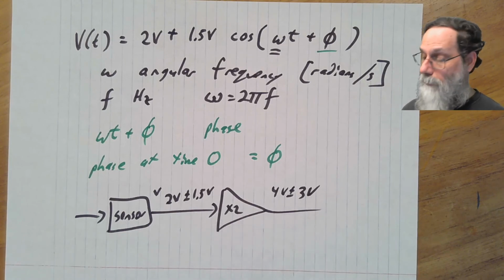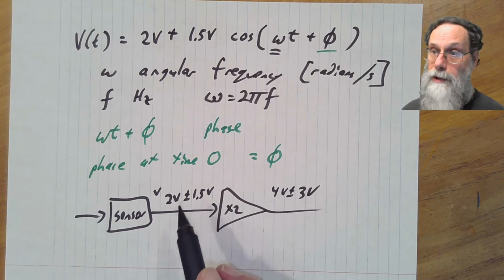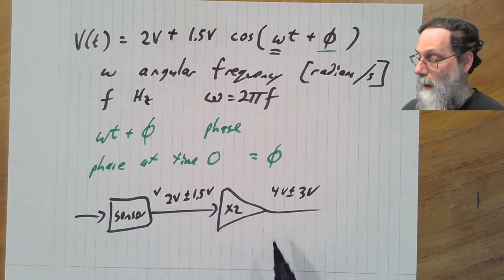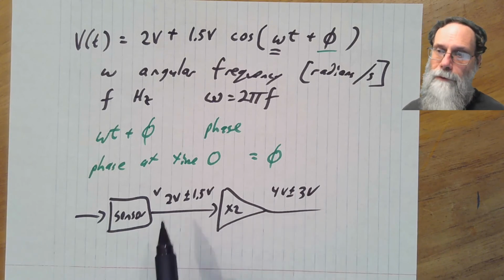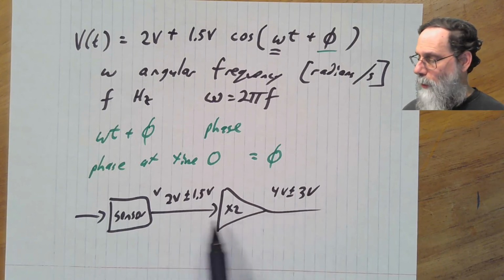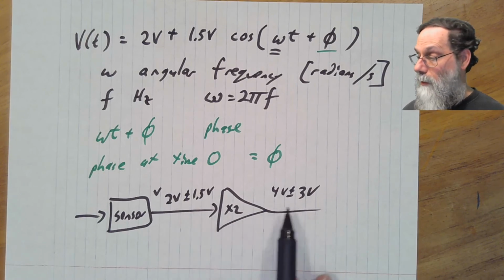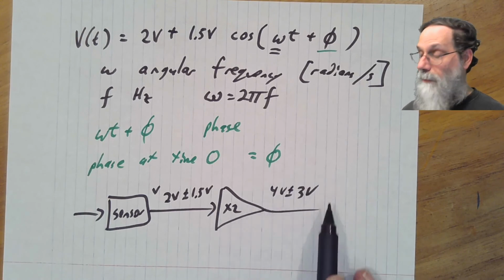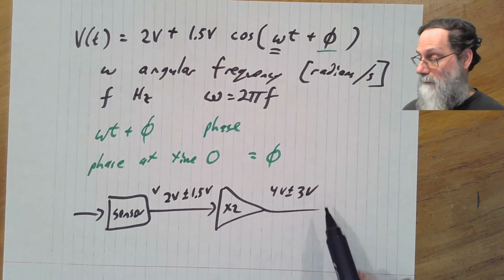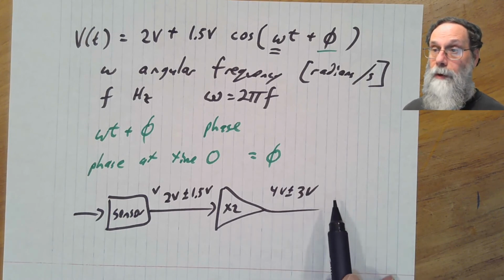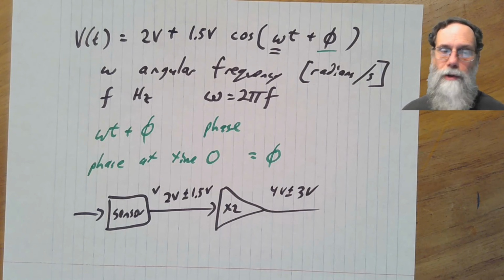I have to do something different. I have to do something to change the signal, perhaps filter it to get rid of the 2 volt DC bias, something. So being able to put a simple label on every signal makes it much easier to look for consistency across this unit. I can see that this amplifier is doing what it says. It also helps me find errors, and that I can't make this signal if my power supply doesn't go up to those voltages. So always label all your signals with